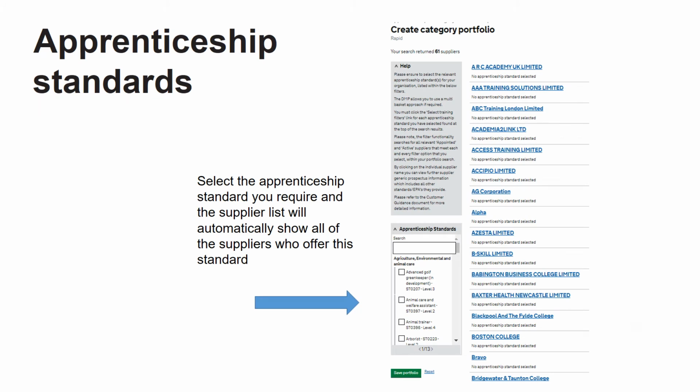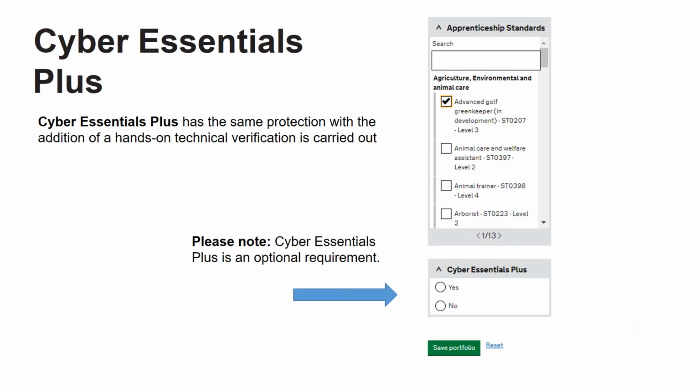On Rapid Award, there is an option to view each supplier's generic and specific apprenticeship information at any time you see the supplier name in blue. It is mandatory for suppliers to have Cyber Essentials Basic to become an appointed supplier in this agreement. Please note, some customers will require the additional requirement of Cyber Essentials Plus due to their business requirements. This is not a mandatory field which needs to be completed.